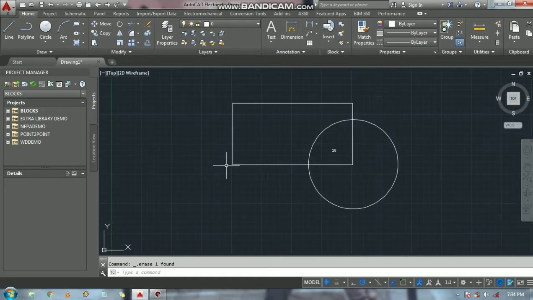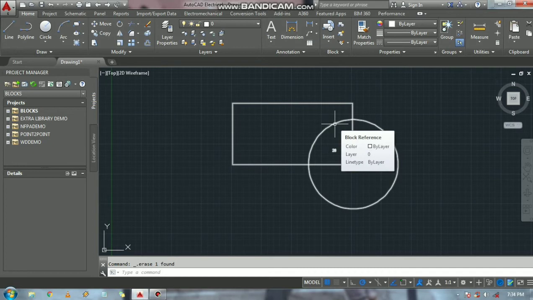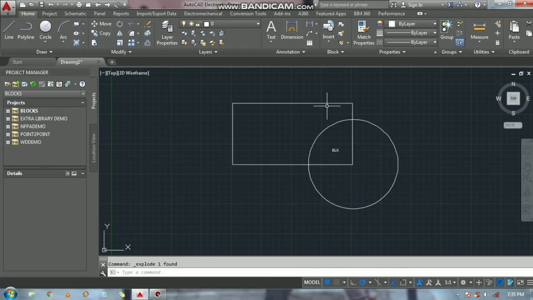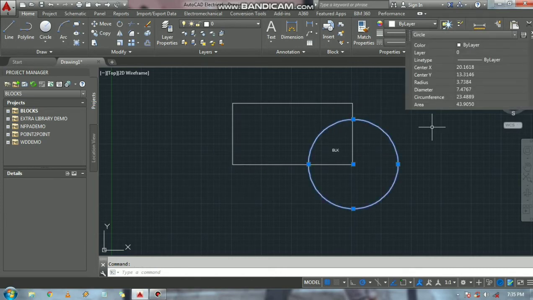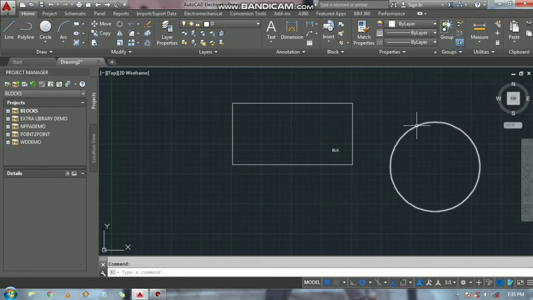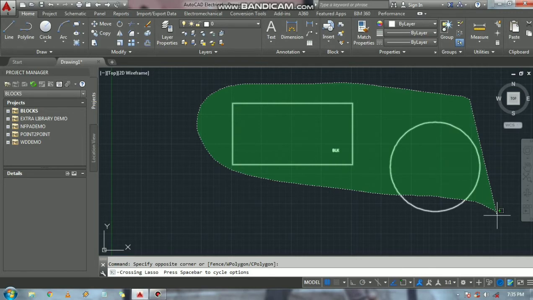These blocks can only be used in a single diagram. If you want to save this as permanent, there is a separate command, the tool palettes. If you want to unblock this object, there is the explode command. This explode you can use to unblock both the circle as well as the rectangle.